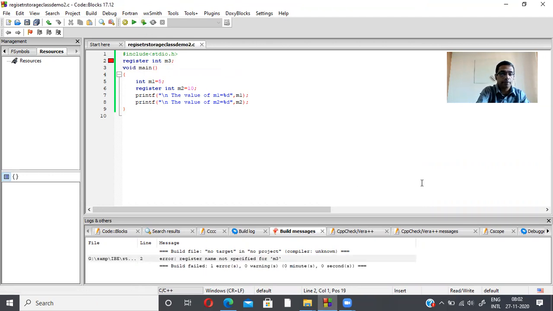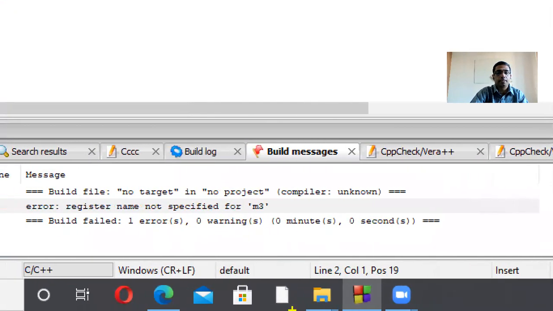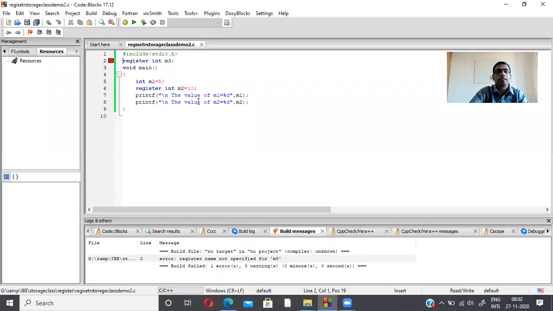The compiler shows an error: register name not specified for m3. You cannot declare it as a global variable, because at compile time the compiler will check and show an error that memory is not allocated. So you cannot declare a register variable as a global variable.